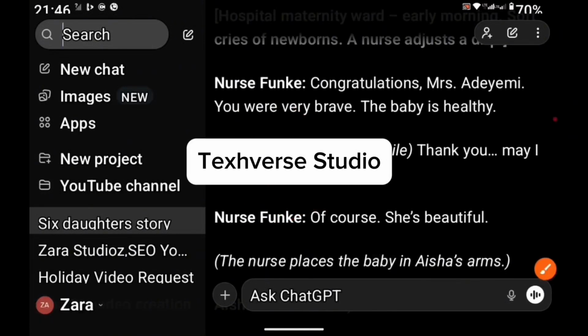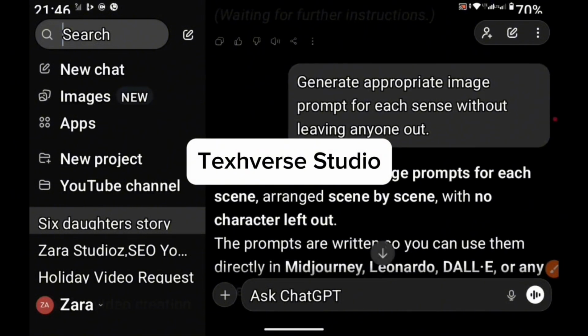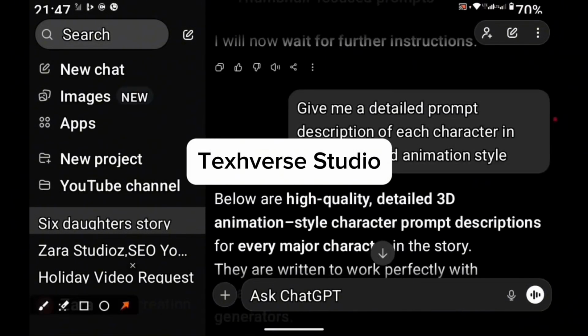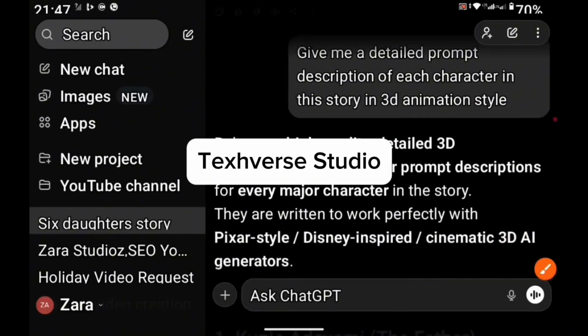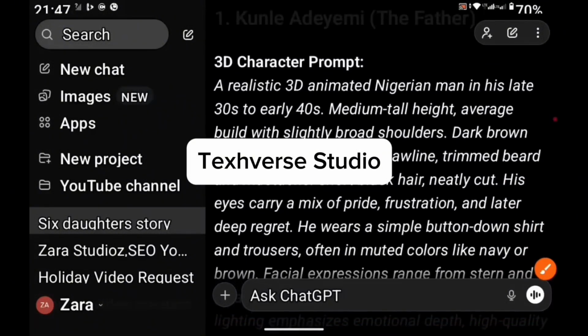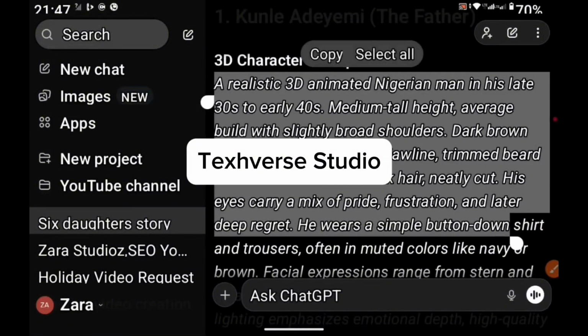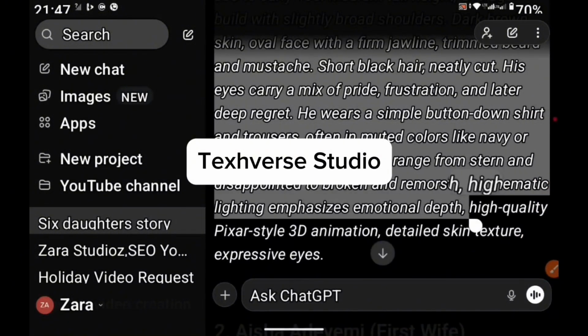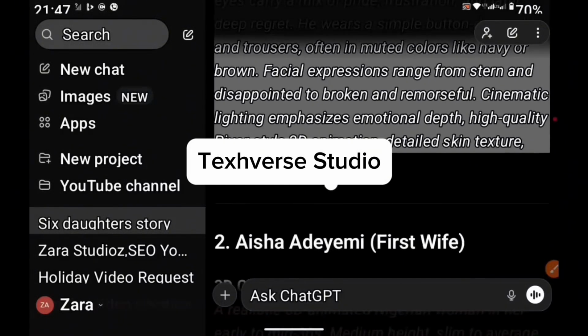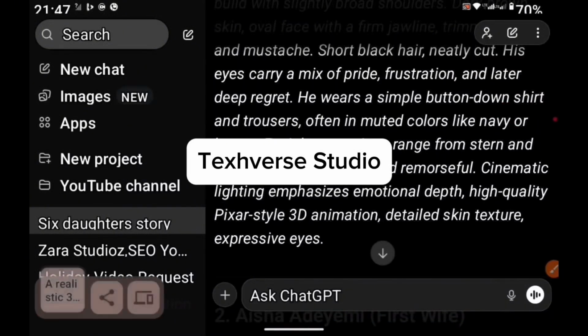Now I'm going to tell it to give me image description of each of the scenes in the story. Then after that, I'll also tell it to give me the image description of each of the characters in the story. These are the information we're going to be using to generate our images and later convert those images into video. Now let's copy the image prompt for the very first person and we're going to take this to Google